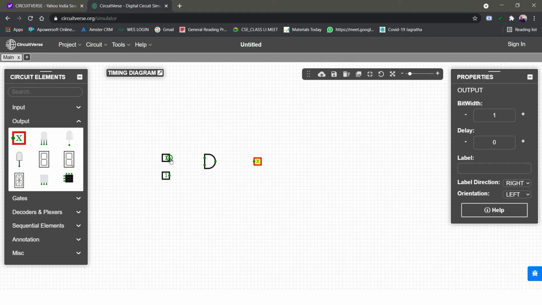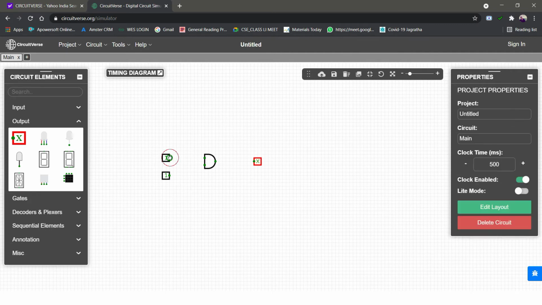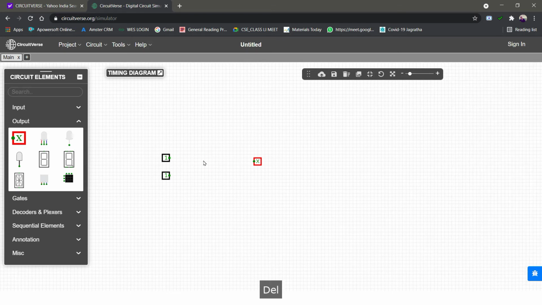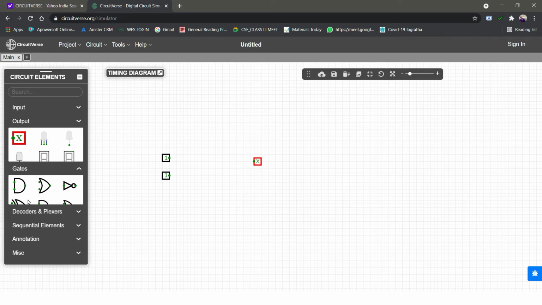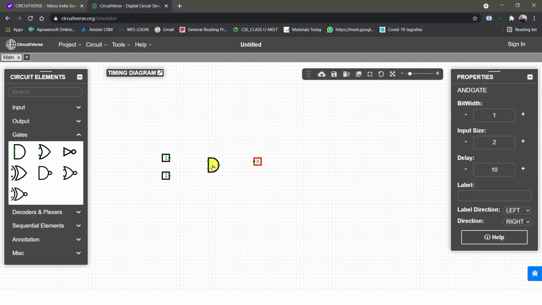Now we are going to connect the inputs and the outputs to the logic gate. So first place the mouse button over here and just drag it to the AND gate. It will be getting pasted there. It has disappeared, so I'll just take the gate once again.